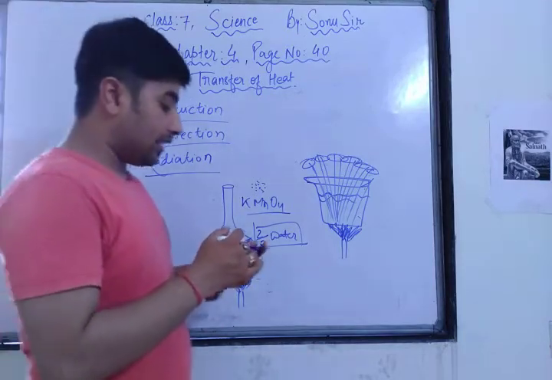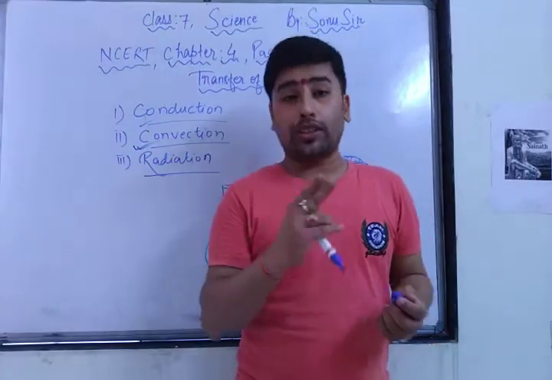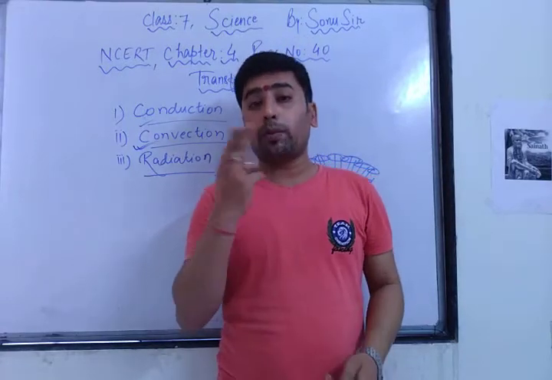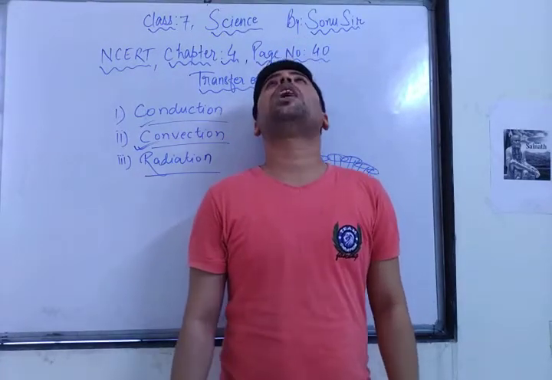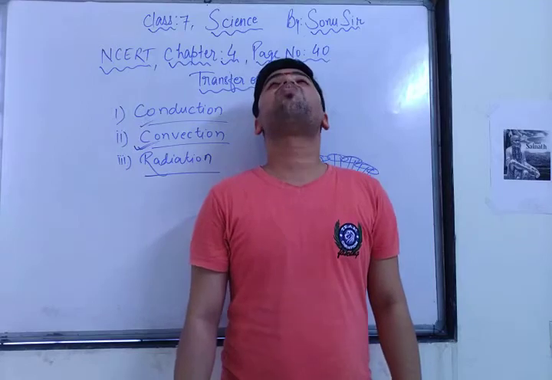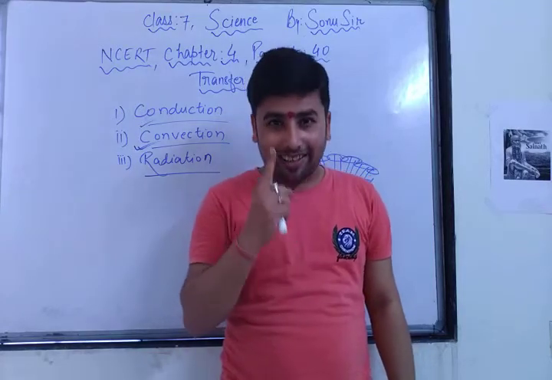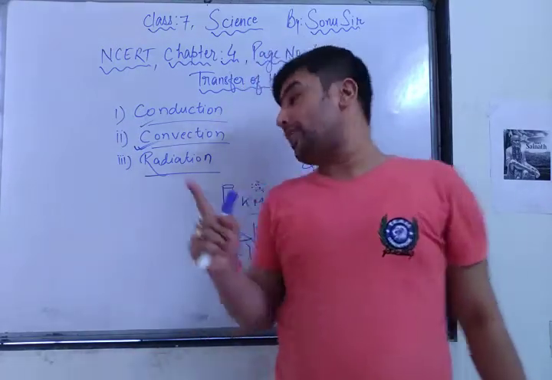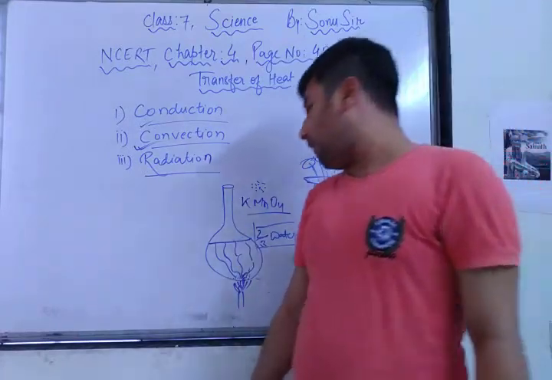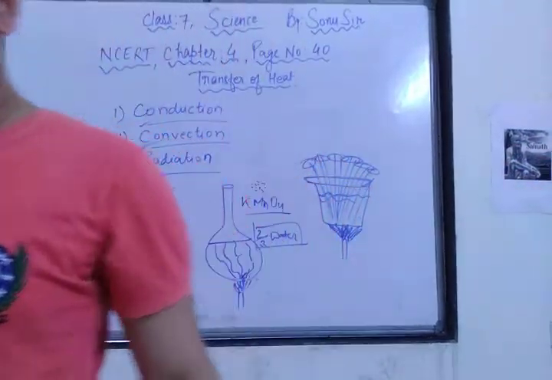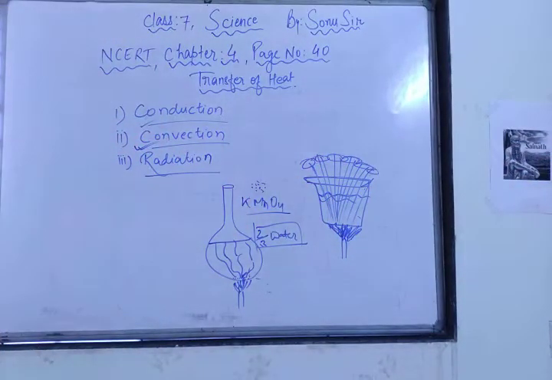You might have seen people smoking cigarettes, right? So what happens? Why do smoking people put their mouth up and then blow the smoke? Because the hot air rises up. Got it? The process is convection. In convection we will read about how the hot air rises up and the cool air comes down.